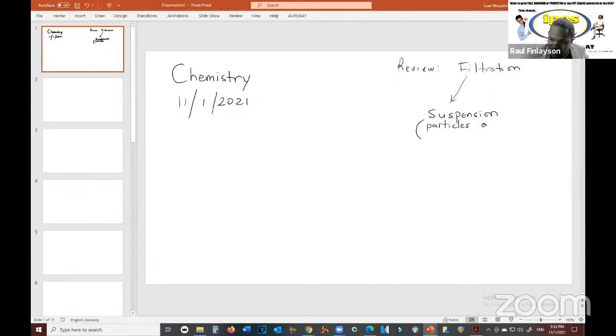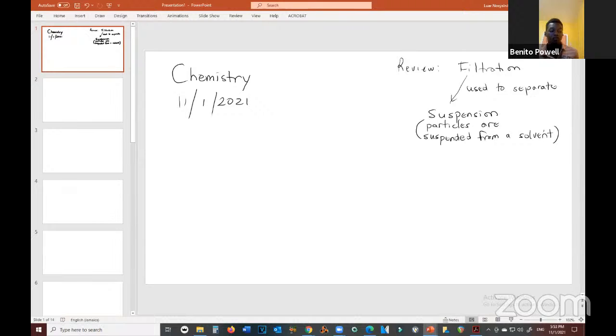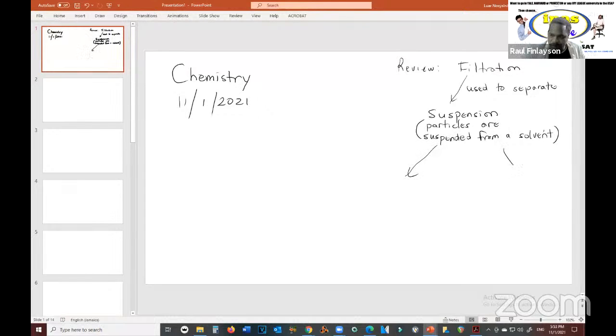Particles are suspended from a solvent. So it's used to separate, and this is a crucial thing because you have to know what type of mixture you have. Filtration is used to separate a suspension, and when it separates it, you get two things. You get a residue, and we get what's the other part,